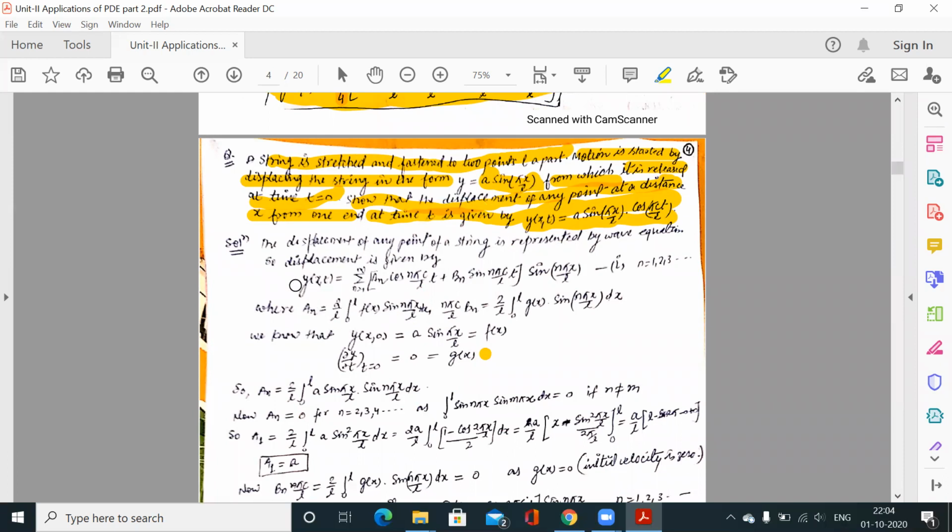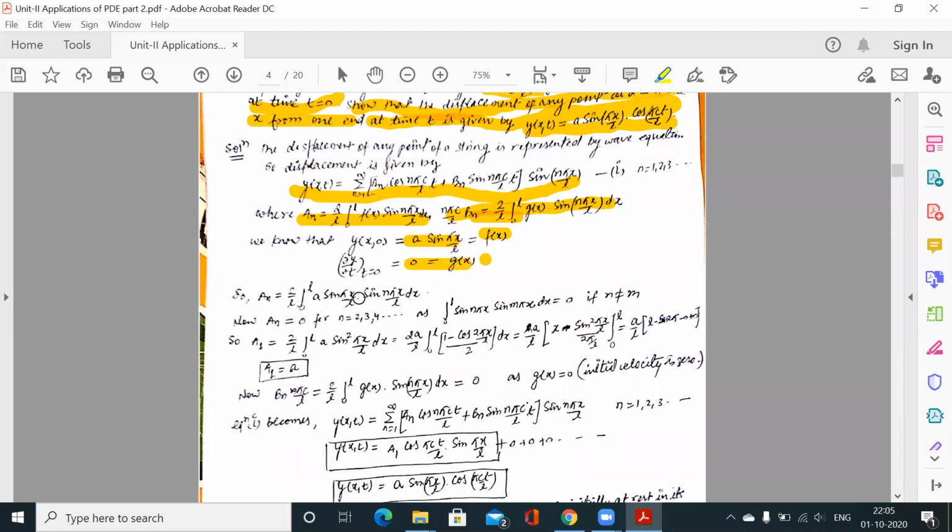So what is given? Simply write the displacement is given by this equation, the solution of the wave equation, where an is this, bn n pi c by L is this. Now we need to know what is f(x), what is g(x). So f(x) is given as a sine pi x by L, the initial displacement. So this is f(x), and because the initial velocity is not given, we will consider that 0 always. Otherwise it will be given. So del y over del t, meaning velocity, is 0 at t is equal to 0. So g(x) is 0, f(x) is this.